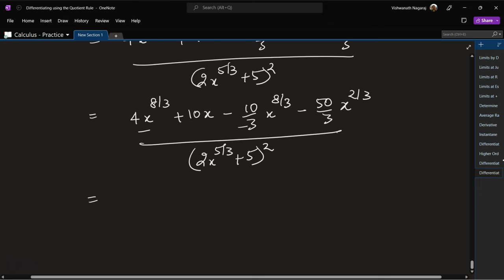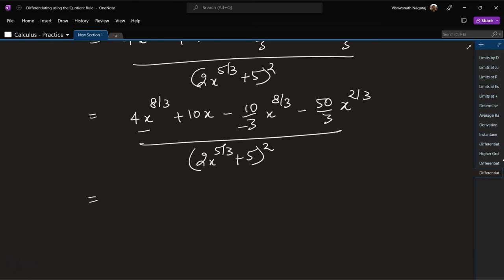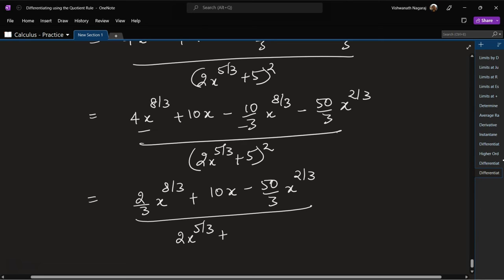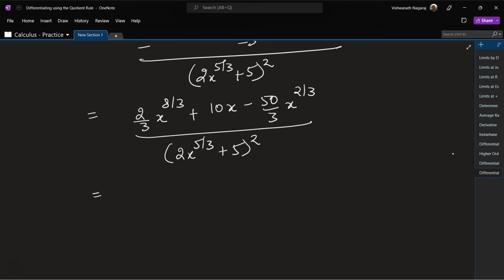So 4 times 3 is 12, 12 minus 10 is 2 by 3 x to the power of 8 by 3, plus 10x minus 50 by 3 x to the power of 2 by 3, divided by (2x to the power of 5 by 3 plus 5) square, which gives us now